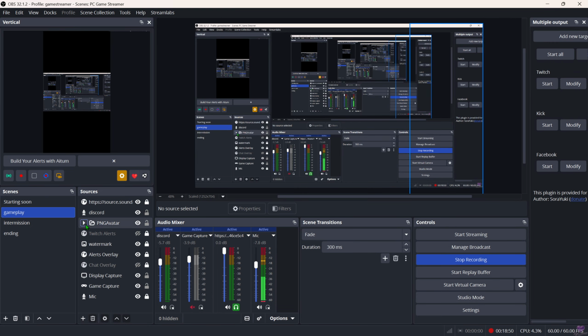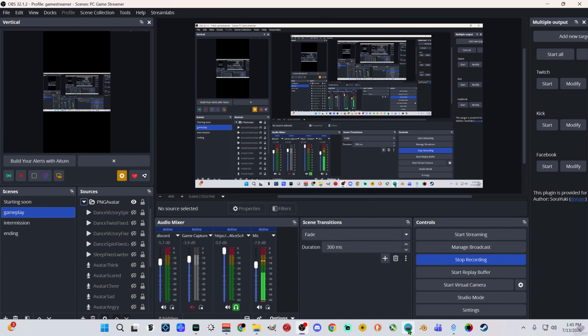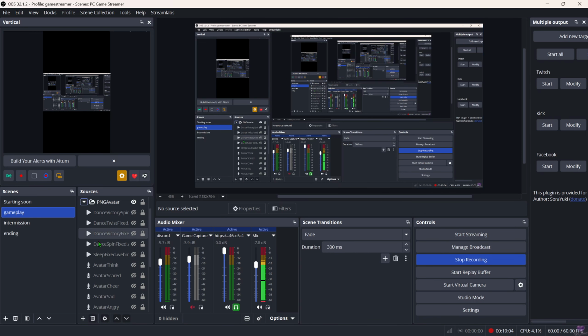I have all kinds of stuff in here, but this is the big one that we're working on today. Now, once you're done with all that and you've set up all your avatars in here that you want to use,